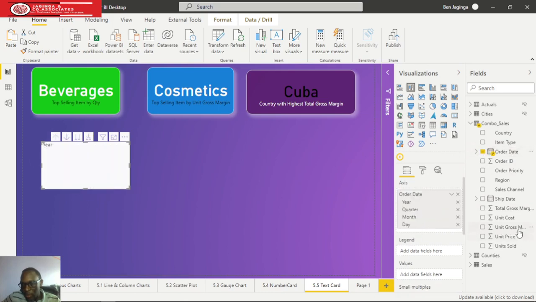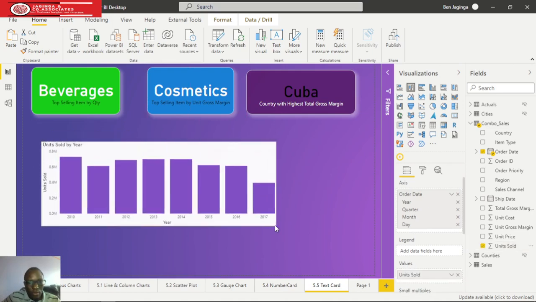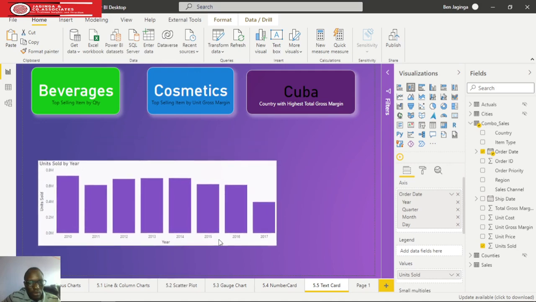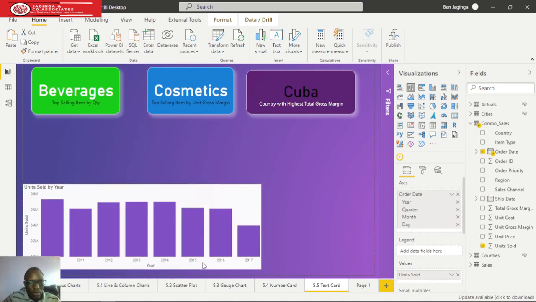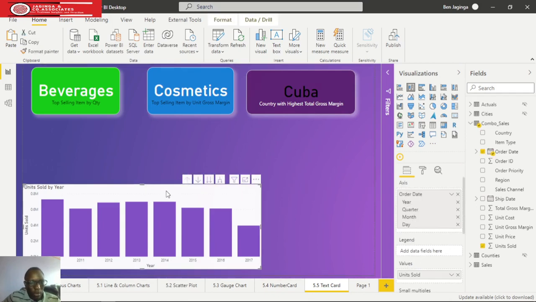Then I will drag units sold and drop on the values. And then from here you see we have various years, rather the year is running from 2010 to 2017. And when I click on